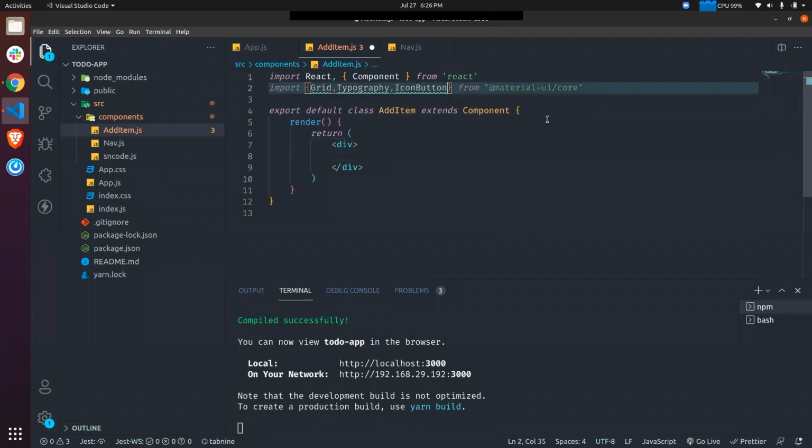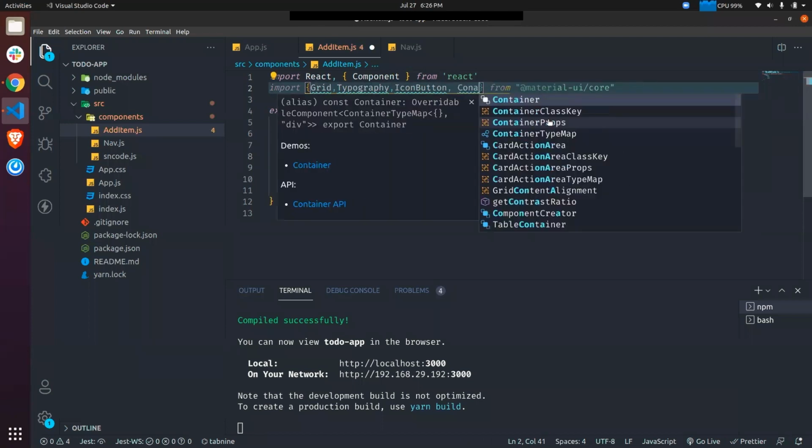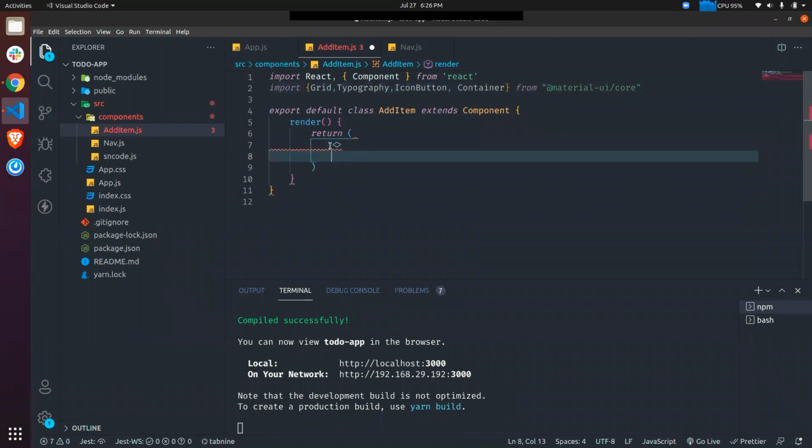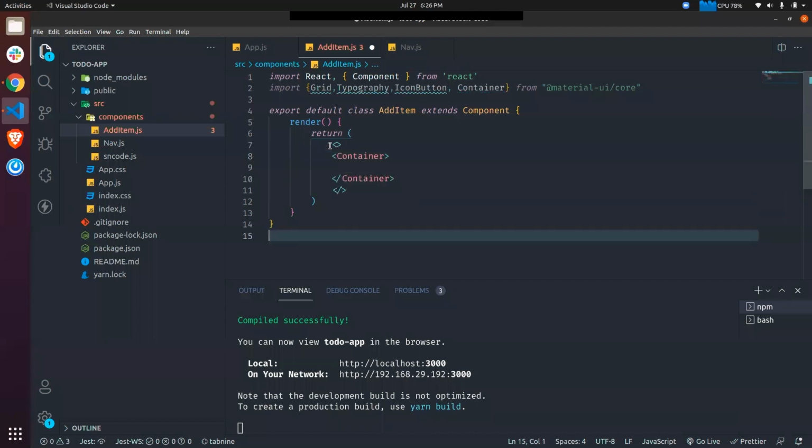Also, we can take a Container as well. A container is nothing, just a box. So what we'll do is have a fragment, and we'll take a container, and it has some props.